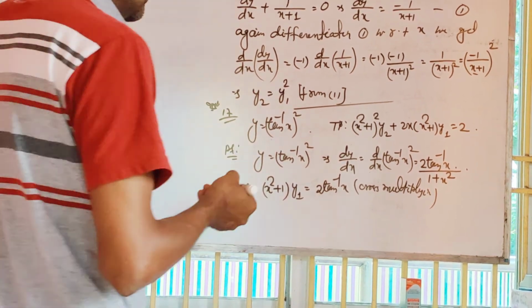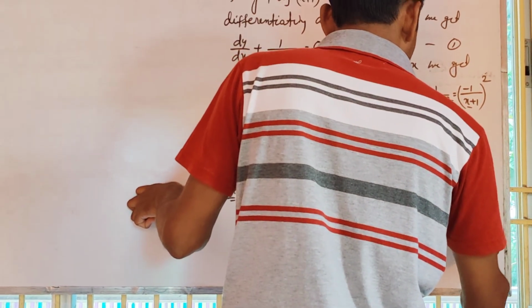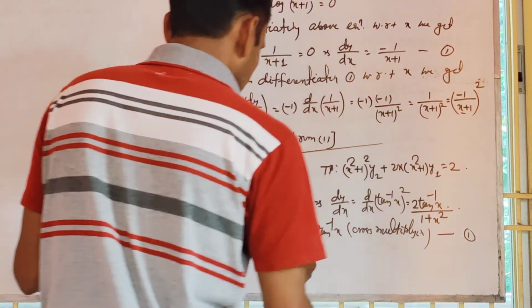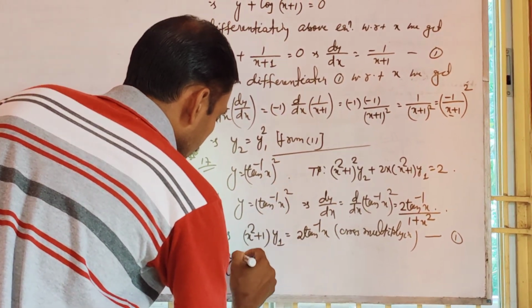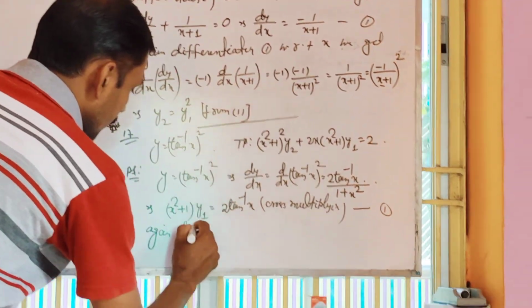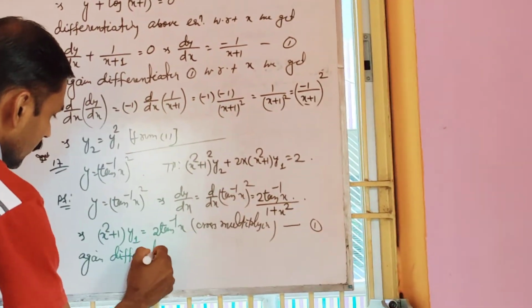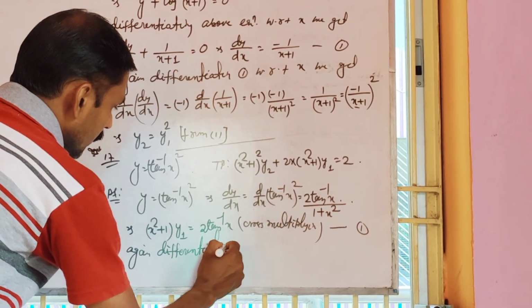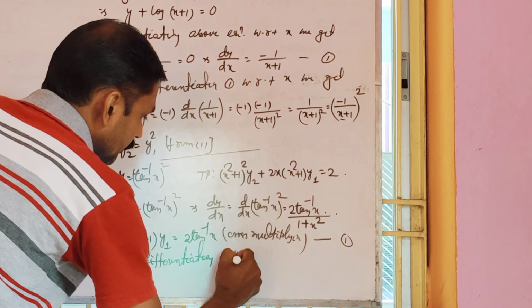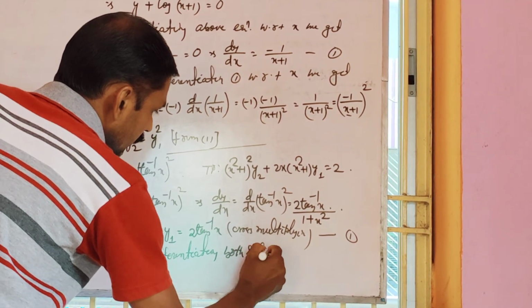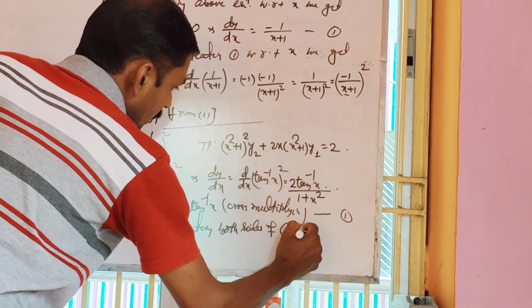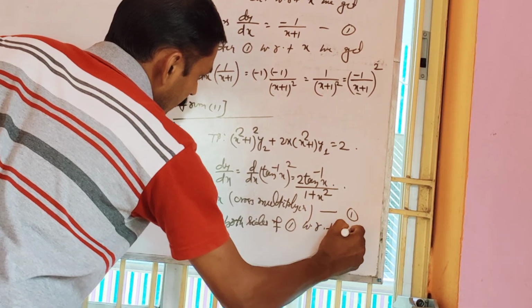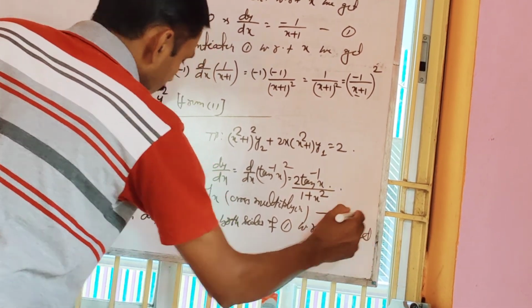Again we will take the derivative. Now suppose this is 1. Again differentiating both sides of 1 with respect to x, we get